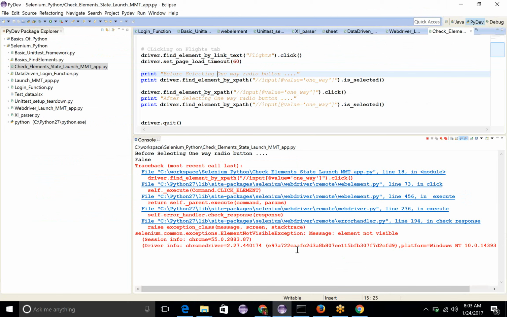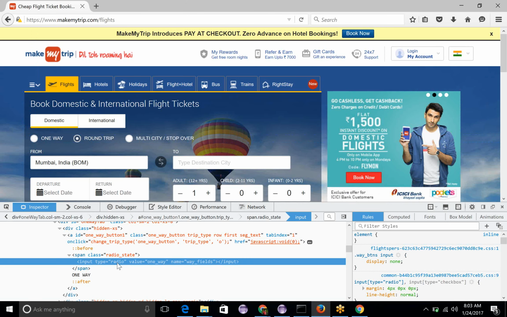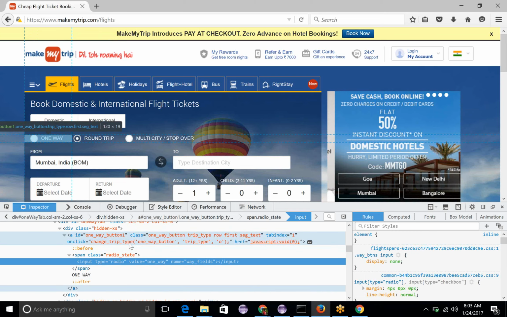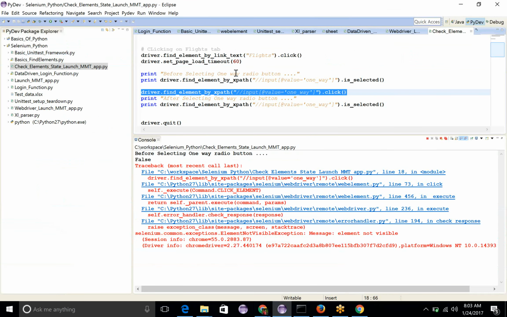Oh, what did it say? Element not visible. So, or do we have to wait for this? No. So value equal to